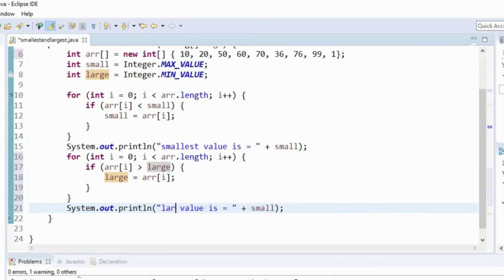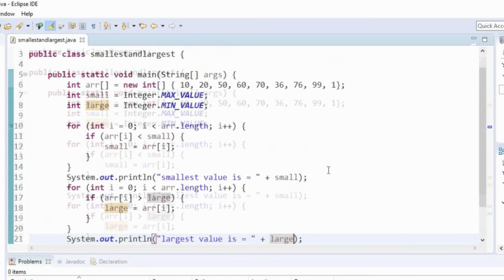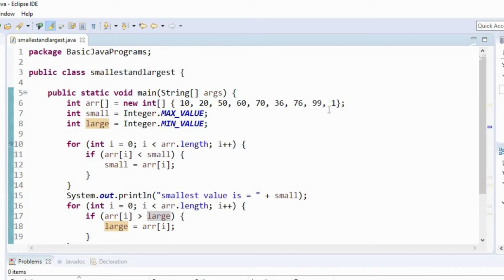We'll change the output statement as well: largest value is large. These are the only changes we made. Now let's run this program to check if we get the smallest number as 1 and the largest number as 99.